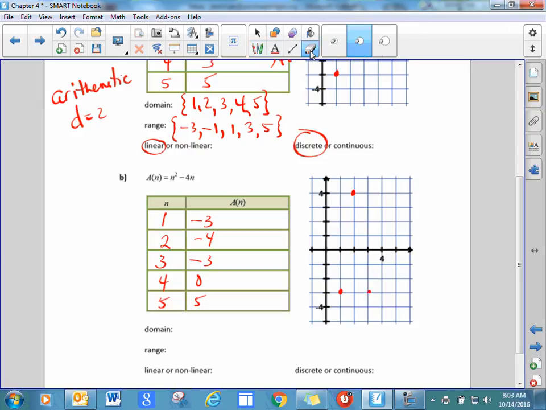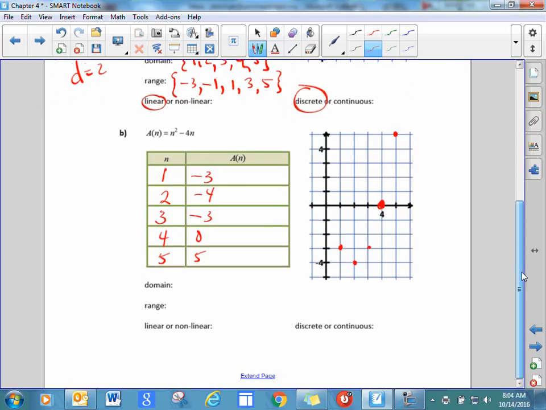Whoa, that should be 2, minus 4. I was saying it, but not graphing it. 2, minus 4. So here would be the curve of my parabola if I were connecting it and making it continuous. 4, 0, right there. And the last point is 5, 5. So again, this is discrete because they've asked us just to graph the first 5 points